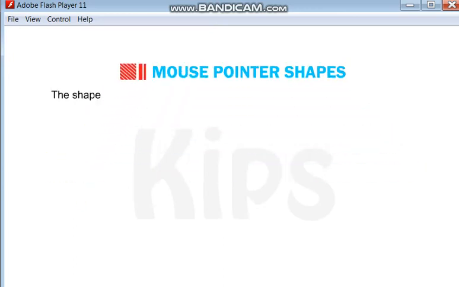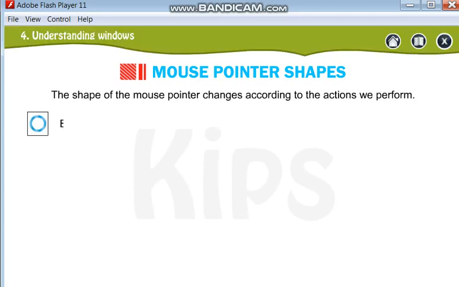Now mouse pointer shapes. There are different mouse pointer shapes you have seen on your computer. If the circle is moving round and round, this shows the computer is busy.